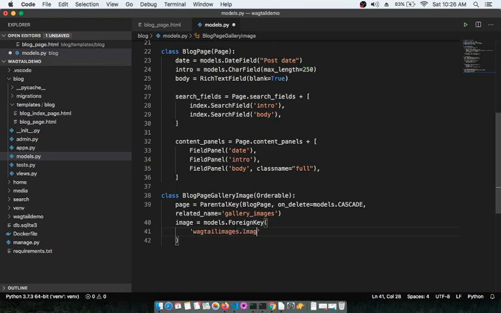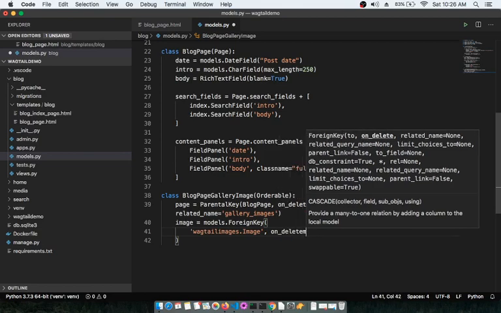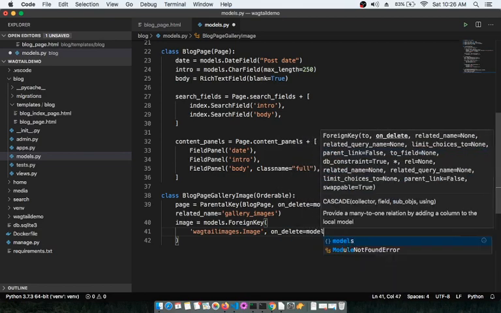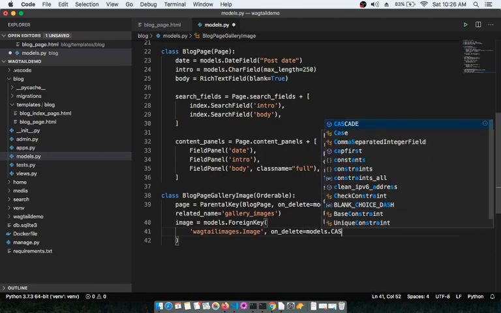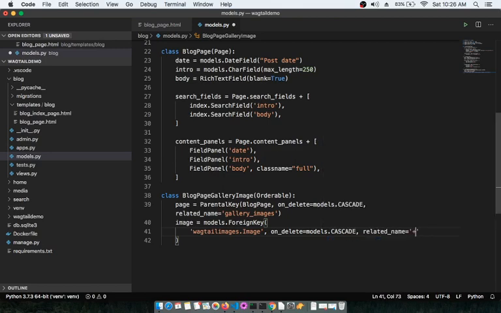So this Wagtail image is basically an already defined class in Wagtail, so we are just calling that particular class, and then we are again going to say on_delete cascade, and related name, let's give the plus sign,